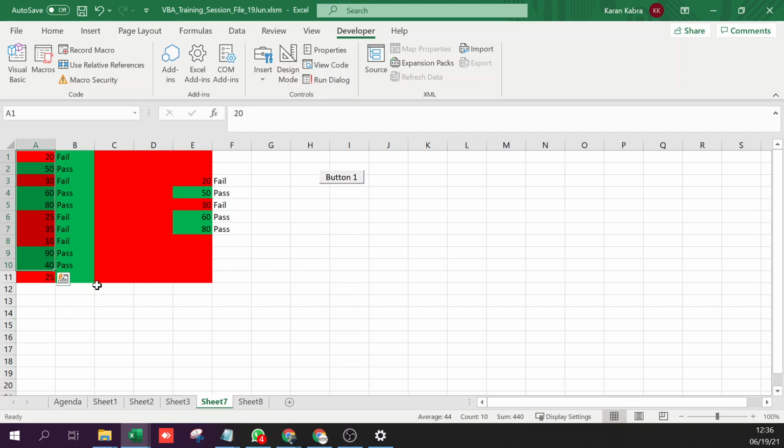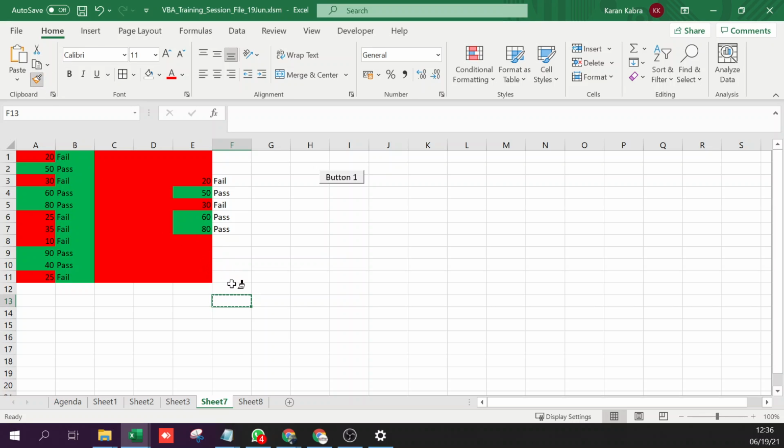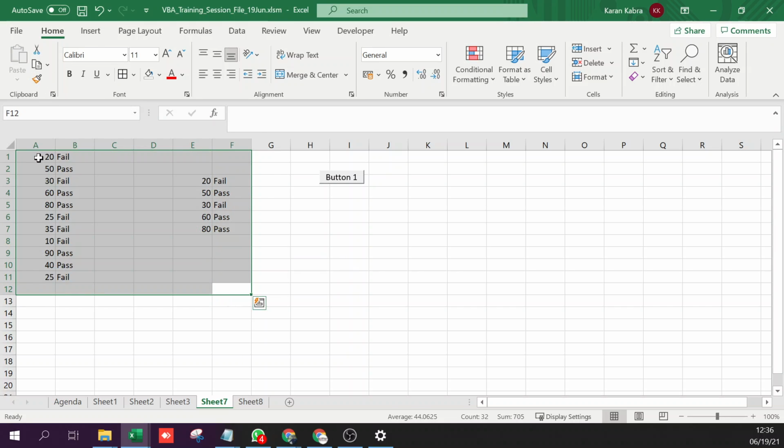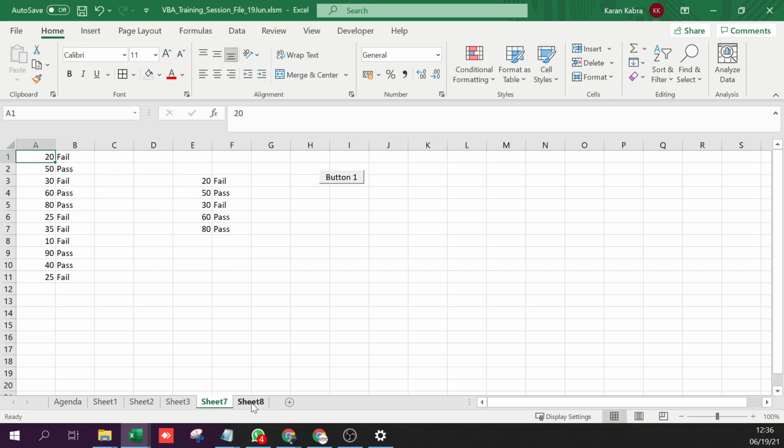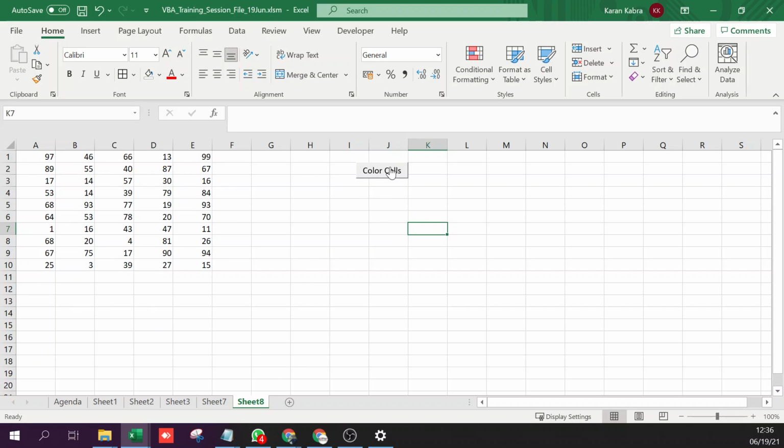Yeah, that's correct. And by the way, one word of caution. Whenever you run a code, there is no undo after that. So if you've messed up the code, normally what I do is I save the file before I run my code. I have not messed it up yet, so I've saved the file.